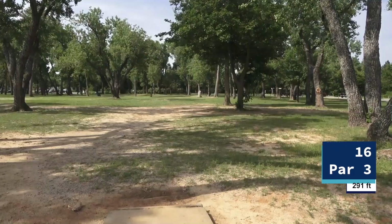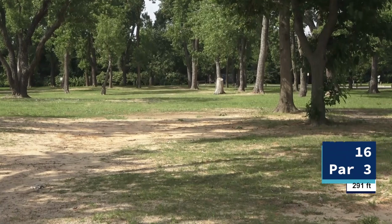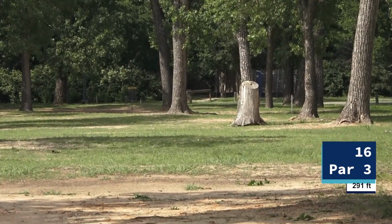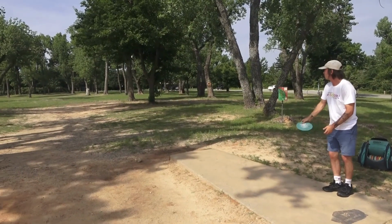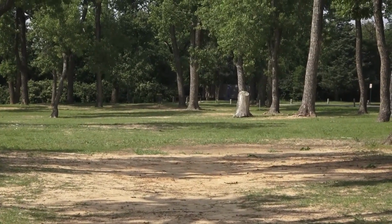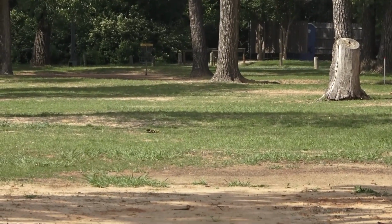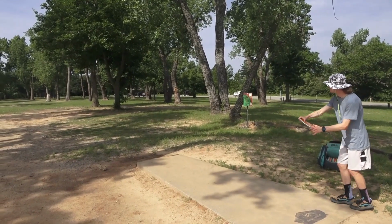16 is a par 3, 291. You're back out into that main area of the course where you started on hole 1 and 2. Just throw a big kind of anhyzer backhand to that basket if you can. Yes. Andy, you'd probably throw a forehand on it, but they had a good shot on that. Honestly,